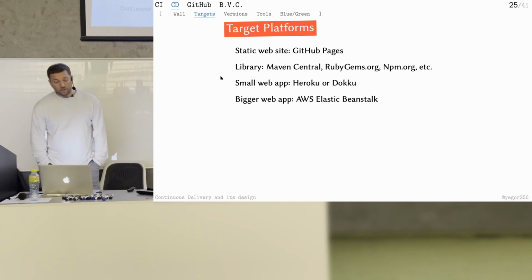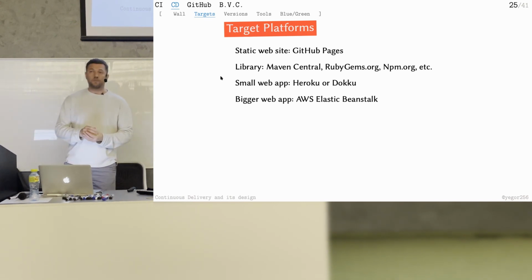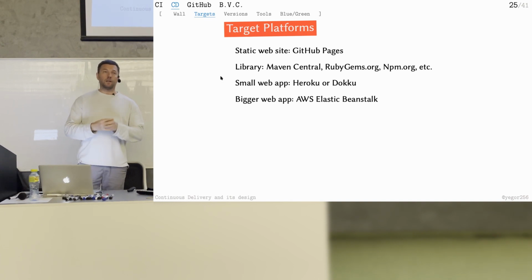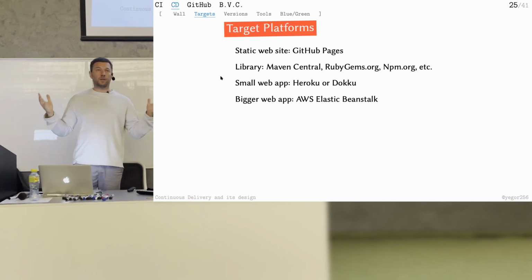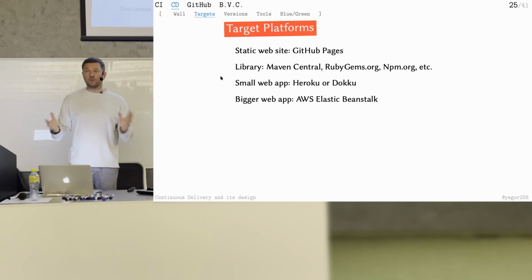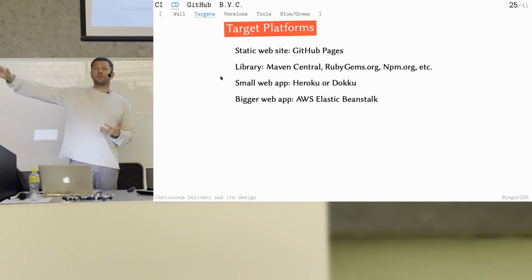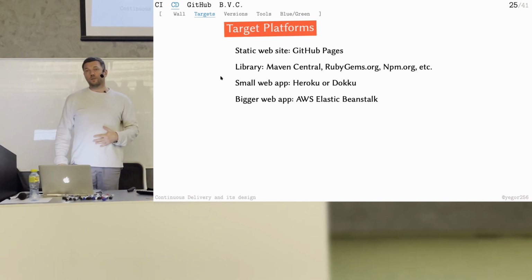And if you have a bigger web app, a large big app, then maybe you can consider Amazon Elastic Beanstalk. Elastic Beanstalk is quite a large platform for deploying applications, also automatically. So it enables continuous delivery. You just configure a script on your server, then you automatically deploy to Amazon Beanstalk. Beanstalk can start many servers for you: the database, the server, the virtual private network, many things. It starts them for you automatically.